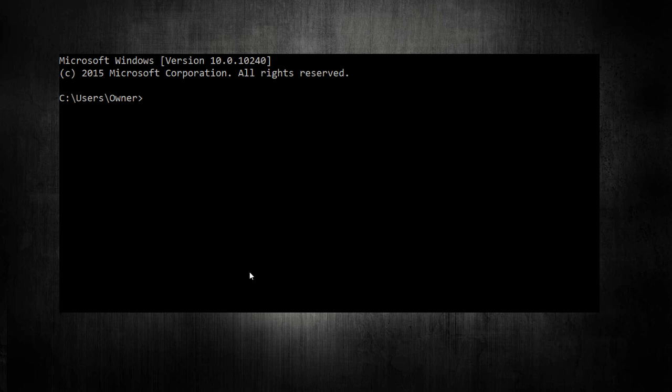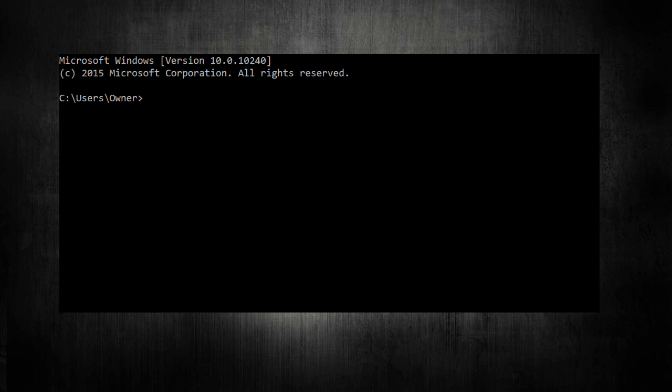So open up your command prompt. I'm assuming everybody knows how to open up the command prompt, but you can go Windows key R and then CMD, and then hit enter, or you can go into the computer's accessories and it's in there. So open up a command prompt, and then we need to get to wherever the destination of our WinDump is. Now, like I was saying, it's not necessary, but it makes it a lot easier.